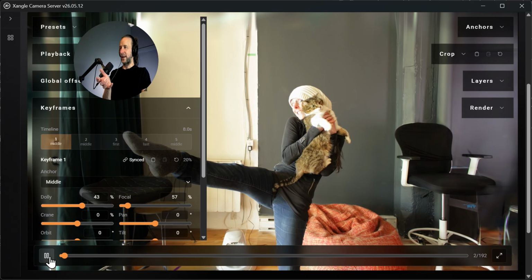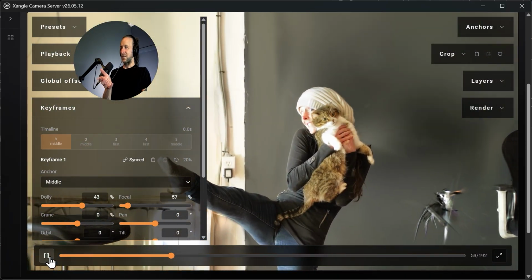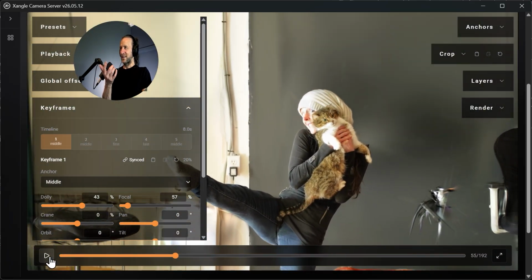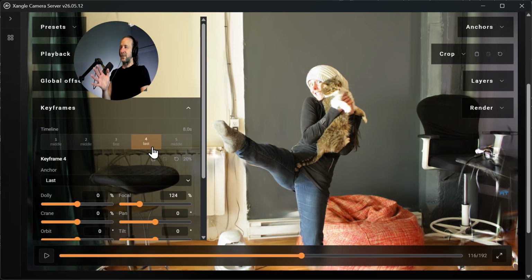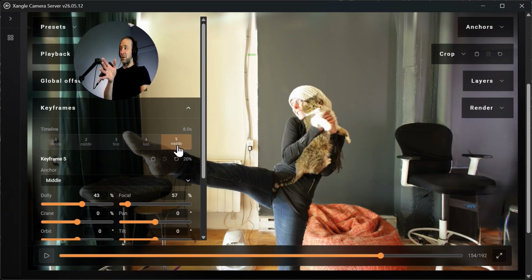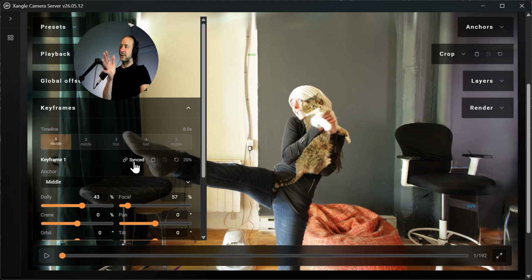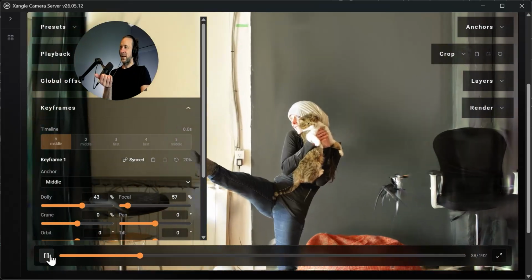Okay, so if I play it, it's also called the vertigo effect, or there's another name for that, the Hitchcock effect. And then we go to camera 1, the first, and then the last one, and we go back in the middle. But that last keyframe is actually sync with the first one. And this is how we get this seamless loop. So if I play,